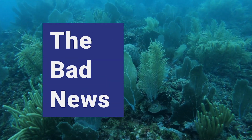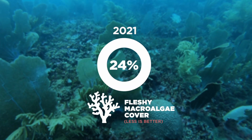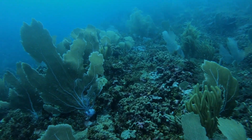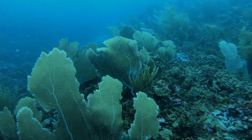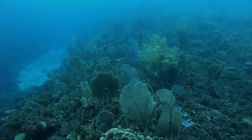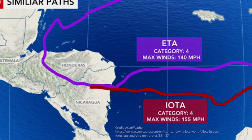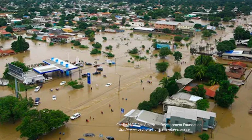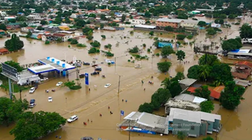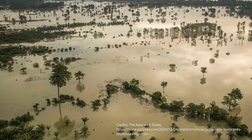The bad news? Macroalgae cover increased from 15% in 2019 to 24% in 2021. We believe this negative change is being promoted by high nutrient inputs coming from the various watersheds, as well as a decrease in herbivores. Additionally, in 2020, the region was greatly affected by Hurricanes Eta and Iota, which brought huge amounts of rain, further increasing the influx of nutrients and sediments from the terrestrial areas that were flooded, most likely exacerbating the macroalgal growth. Both herbivorous and commercial fish biomass have the lowest scores, and they both ranked in critical